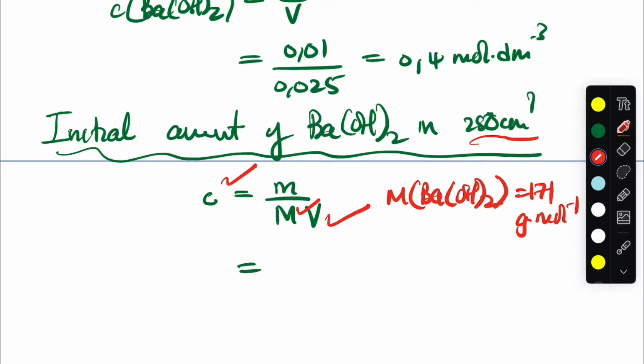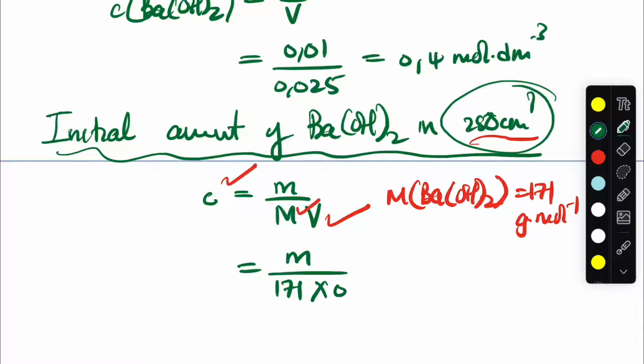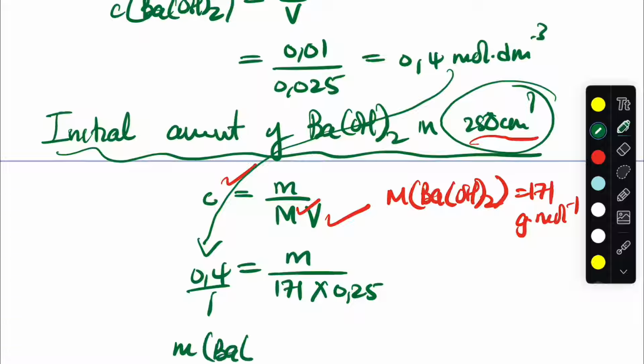Guys, you can calculate that. The initial mass is the one that we want. We will say 171 times the 250, which is 0.25, and then the concentration is this one. We substitute 0.4, and then you do your math. And the mass of barium hydroxide is equal to 17.1